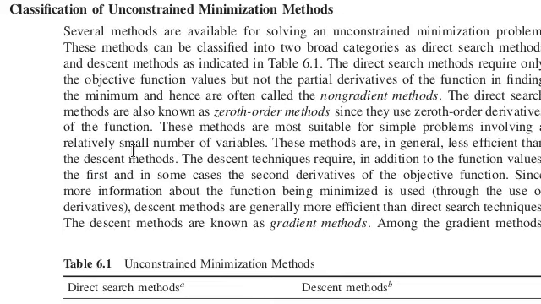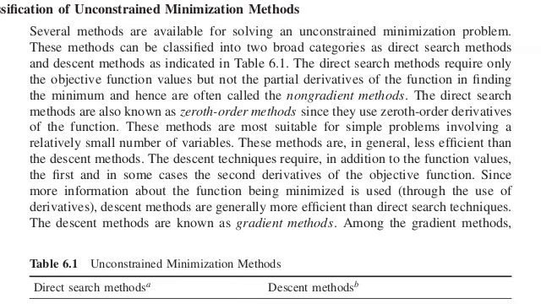Now I would like to elaborate all the topics that were in the syllabus that we just discussed. So it is part of some text. Here all those methods of module 3 have been discussed. Here you can see that it says classification of unconstrained minimization methods. So don't focus much on this heading, but just think that all the methods you are concerned with in multivariate optimization are here. So I would like to bring it into focus.